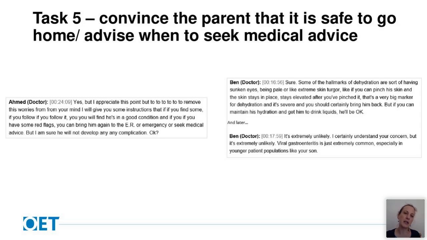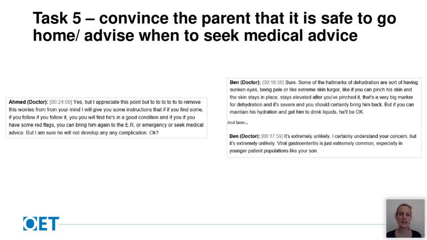Now, this could have been because after he says, okay, that was the end of the role play. The time limit was up. The 5 minutes was over. And maybe he was going on to say what those red flags were after that. But just mentioning red flags and then not giving at least one example of what those were, I think was a missed opportunity there.